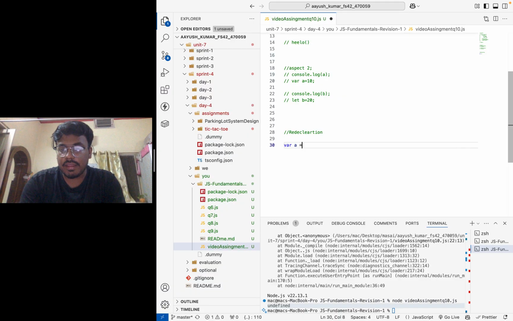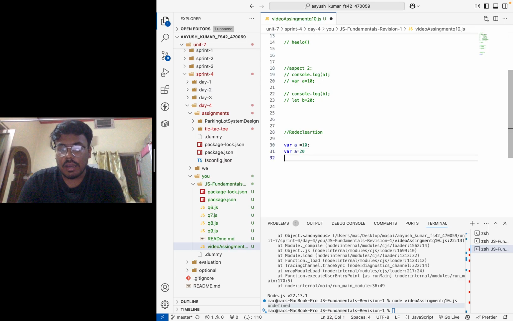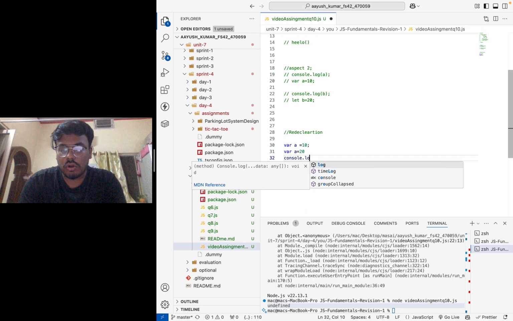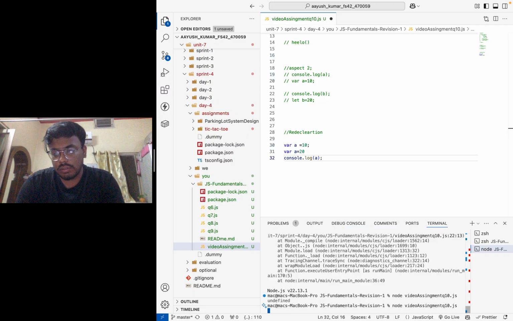Suppose I give var a = 10. Then I give var a = 20. After that, I console.log(a). Whatever I think the output will be, the output will be 20, because var can be redeclared. Let me show you the output.